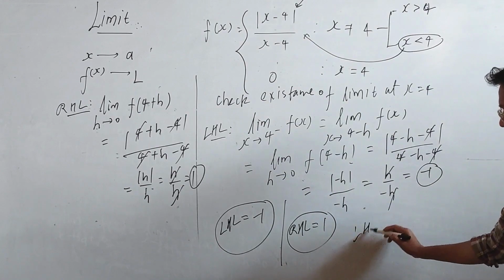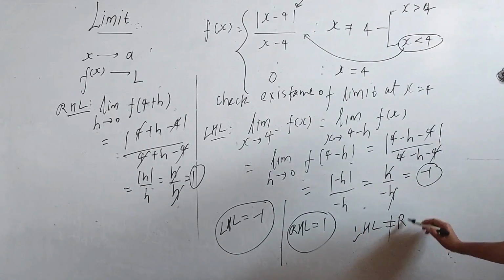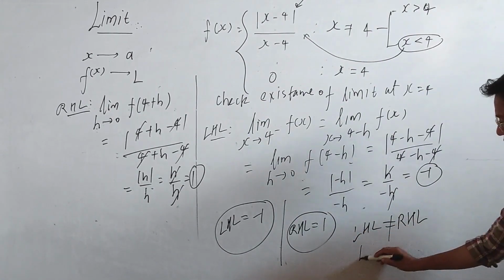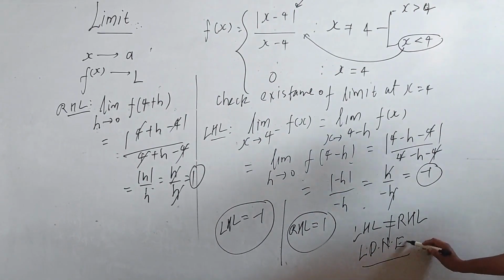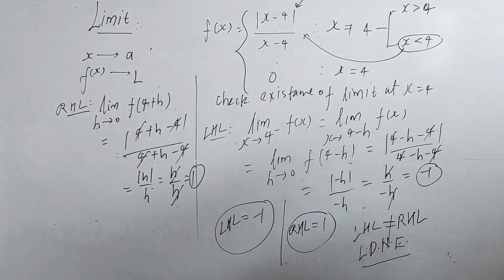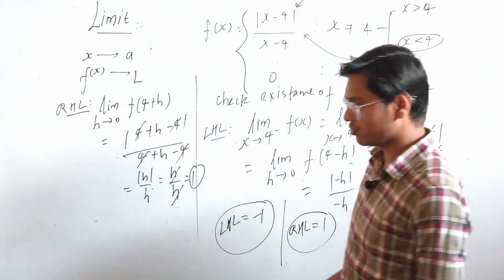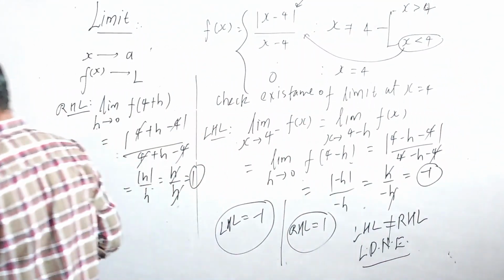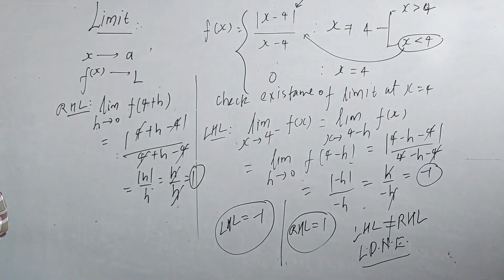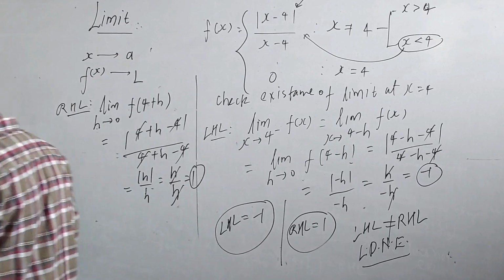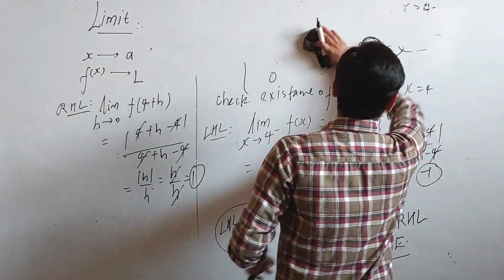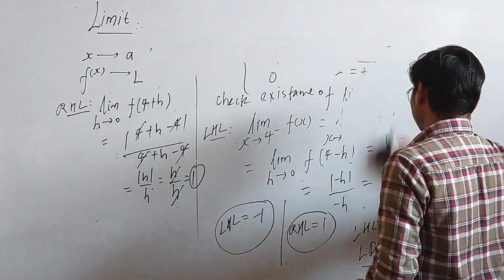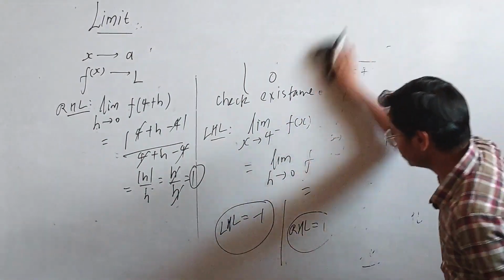So LHL does not equal RHL, that is, the limit does not exist. LDNE means limit does not exist. We can also consider another function and check for the existence of the limit. Let's suppose we take another example to check the existence of a limit at a particular point, like